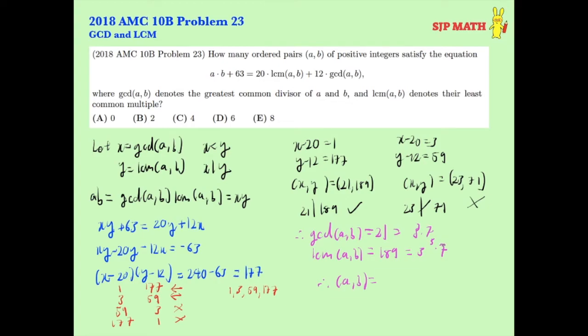So how we do that is, recall that the GCD is the minimum exponents of each prime factor. So here we can see that firstly the power of 7 is 1 in both of the GCD and LCM, which means that a and b both must have exactly one 7 in its prime factorization, because its minimum and maximum exponent of 7 is 1. But then the minimum exponent of 3 is 1, because the GCD has only one power of 3, and the maximum exponent is 3, as the LCM has a 3 to the 3. So either a and b can be equal to 3 times 7 and 3 cubed times 7, or it can be equal to,